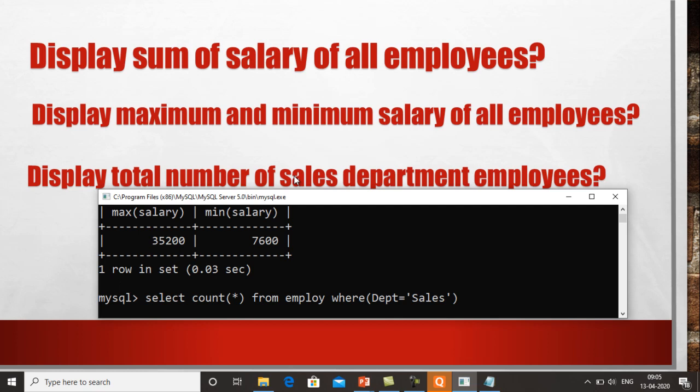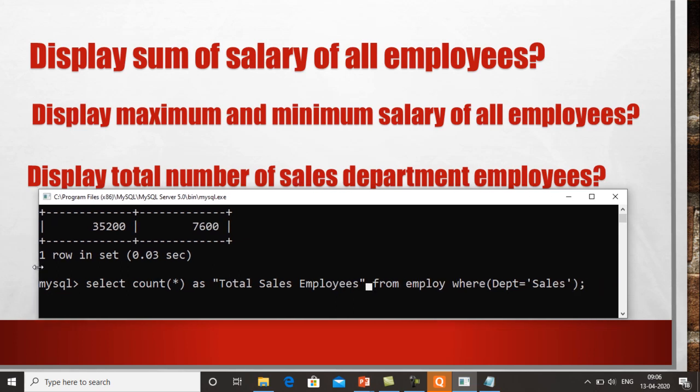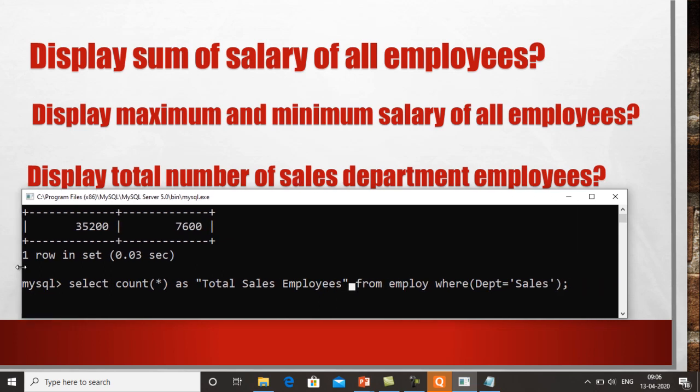Okay. So let's do one more thing, as total sales employees. Suppose we want to write this as a field name, so total sales employees. Okay, so once I press enter,